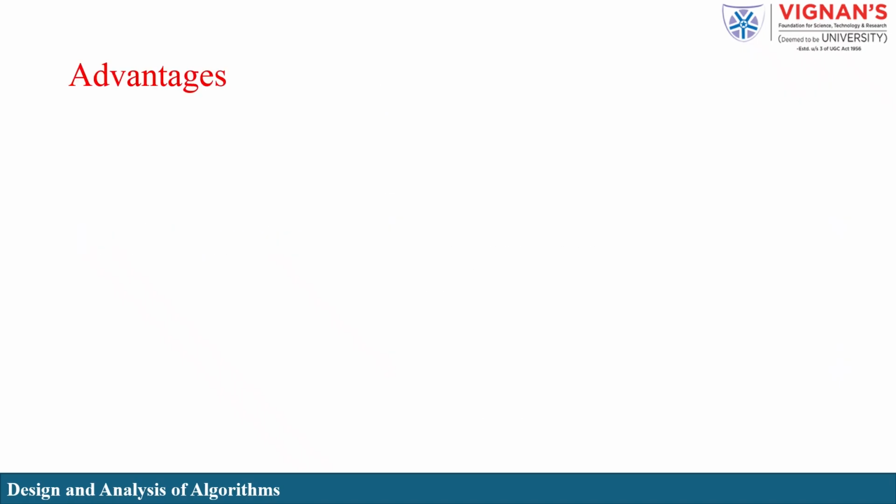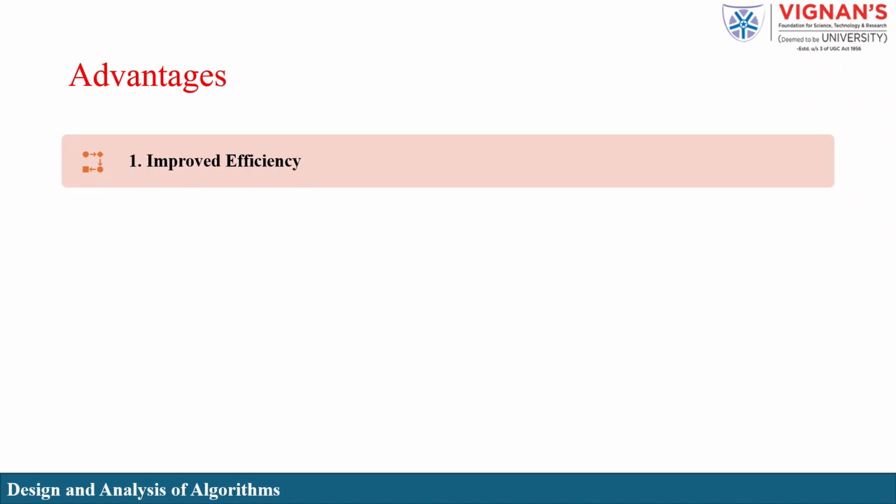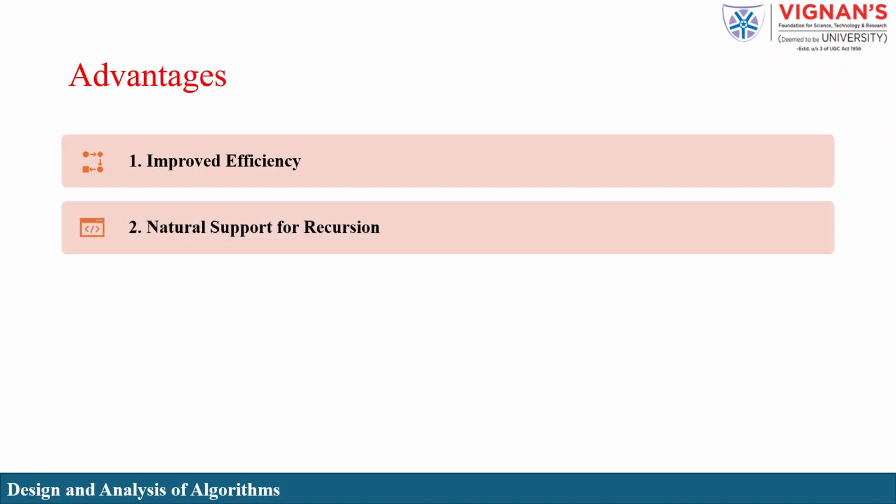Advantages of divide and conquer. Improved efficiency. This approach enhances the overall performance of algorithms by reducing unnecessary computations and optimizing execution time. Natural support for recursion. It aligns well with recursive problem-solving techniques, making it easier to implement solutions that naturally break